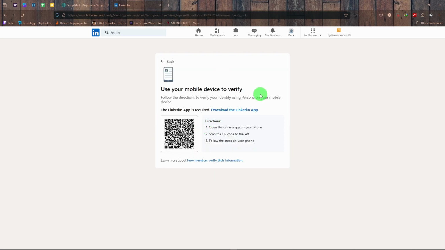So now what you're gonna do is take your phone out and download the LinkedIn app. Just scan this, and that's it, and just follow the steps on your phone, and that will lead your profile to be